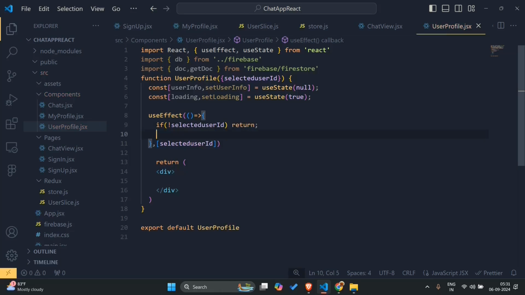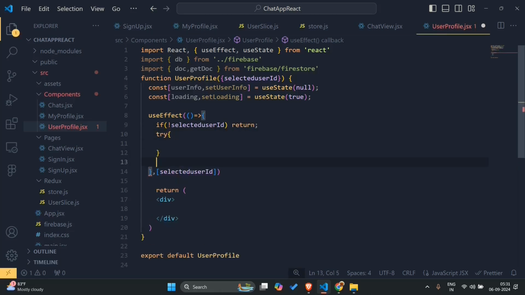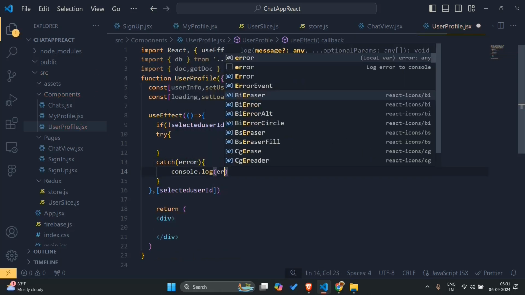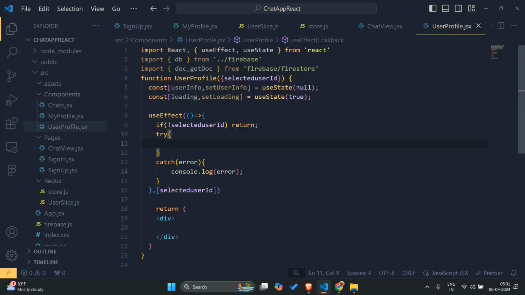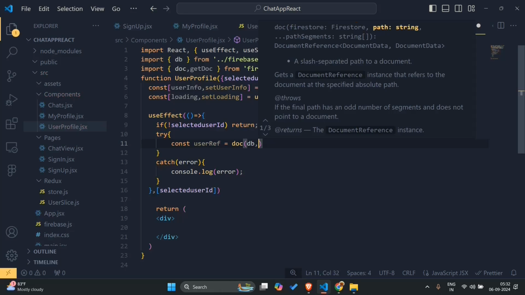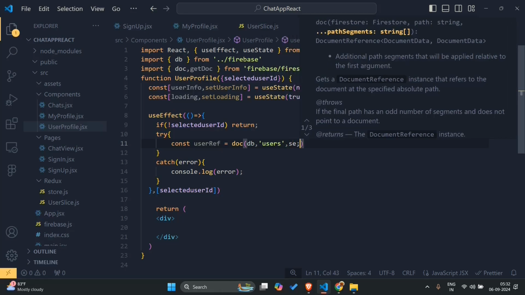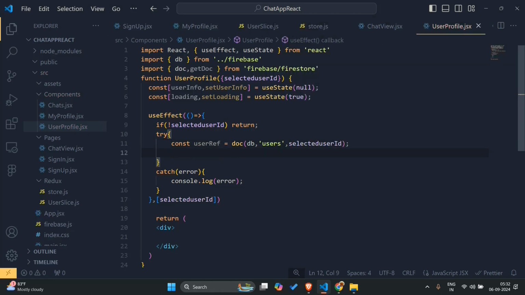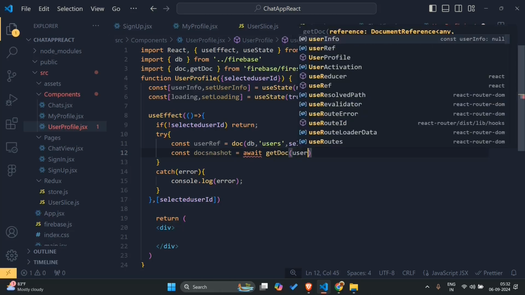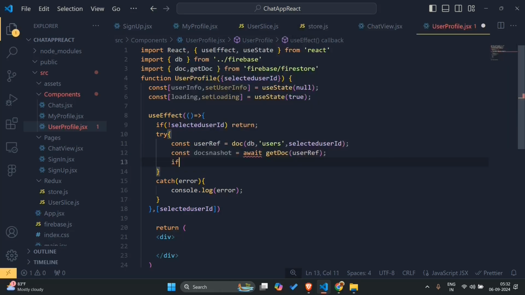Now let's say try and catch error, we can say console.log error, and in try we can say const userReference equals doc db, and let's say users selectedUserId. Now let's say docSnapshot equals await getDoc userReference. Now if docSnapshot.exists,